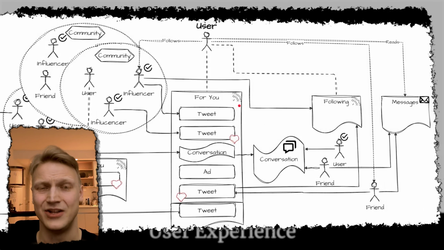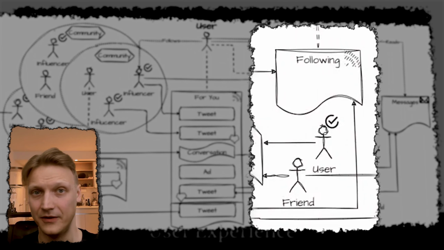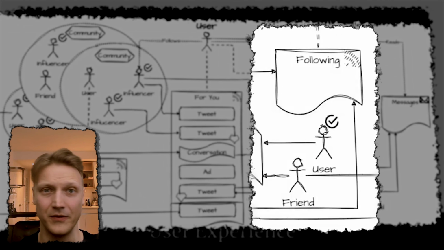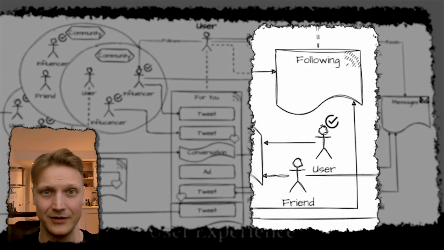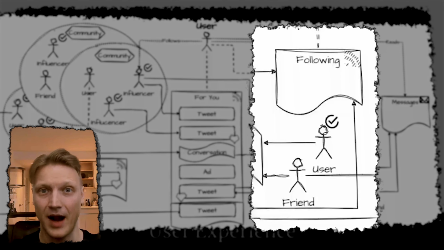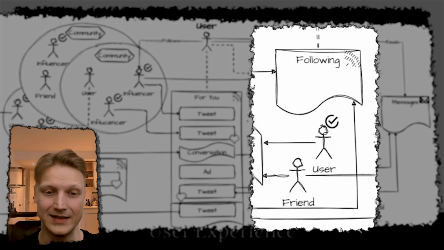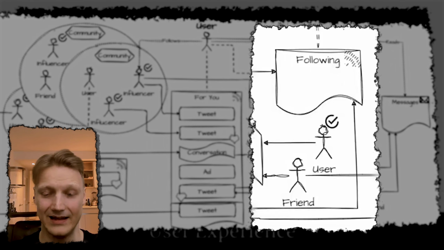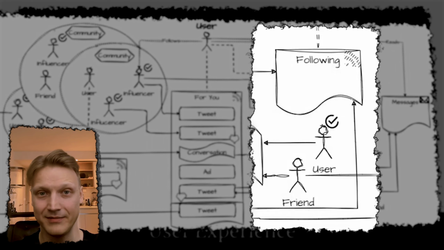There is another feed called Following, and that is where you see the tweets from the people you directly follow. It's been there since the very early days of Twitter. That's how they started, the so-called in-network circle. Then they extended that with additional tweets from all over the platform and brought it in the form of this modern For You feed. They feed you the tweets with the highest probability that you will most likely engage with in some way or form. They calculate the probability of you engaging with a tweet based on some statistical analysis and machine learning methods of your activities and the activities of the people that you engage with.